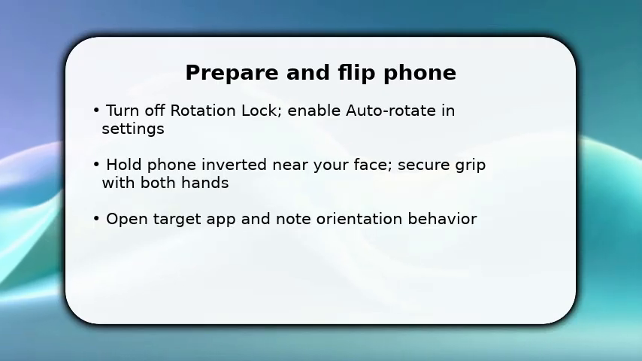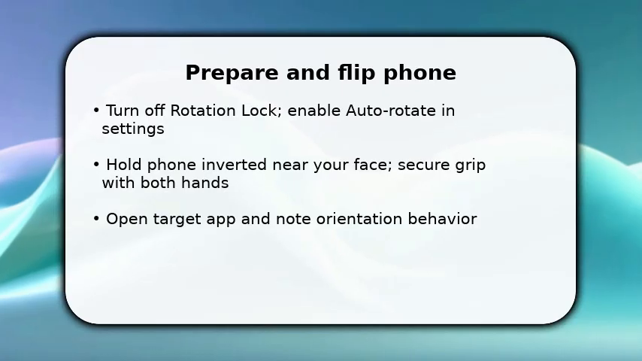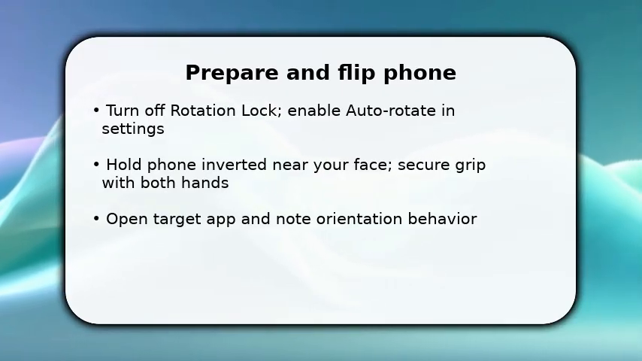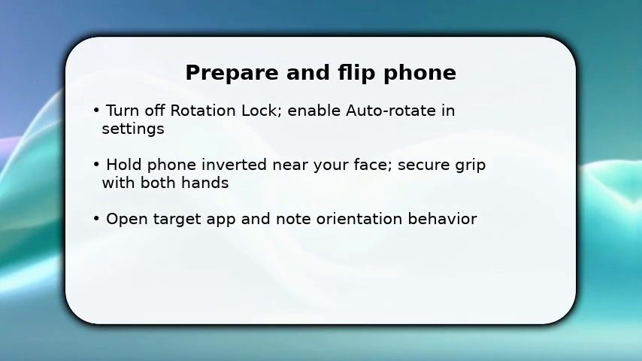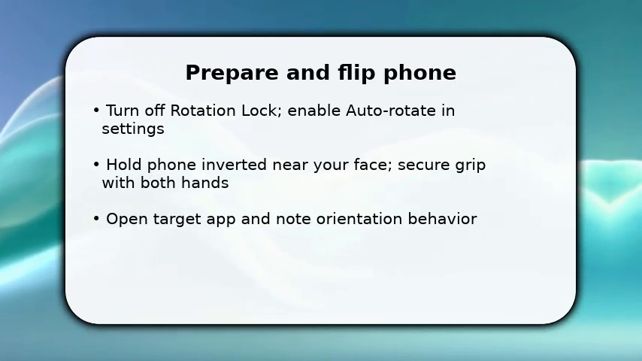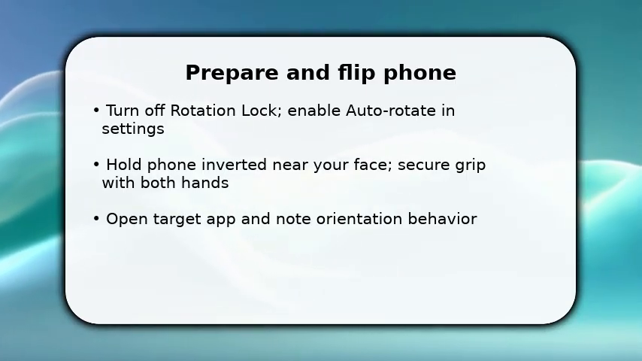You start by disabling rotation lock so the system can reorient the display. This is essential because apps follow system rotation. Once done, hold the phone upside down with a steady two-hand grip to avoid accidental drops, and open the app